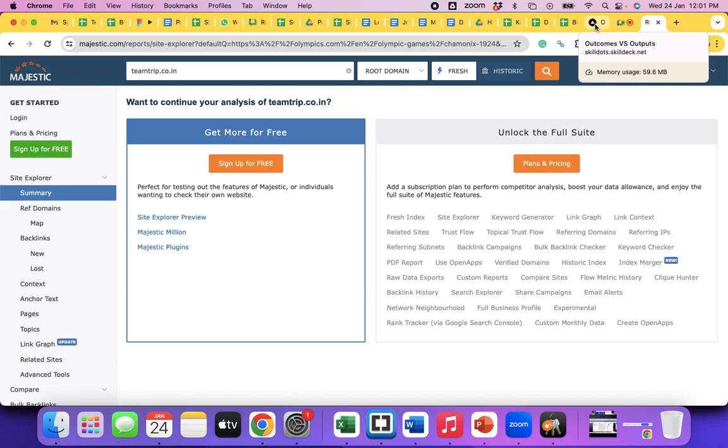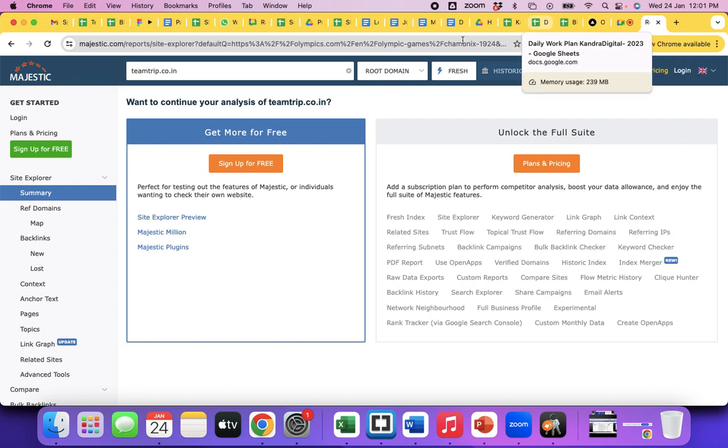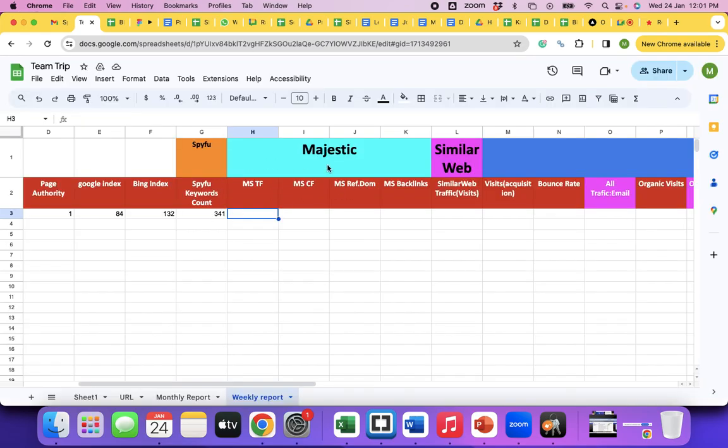There is no choice. But the better way, what I have shown you is proseo sometime back. The same tool, in case it's available over there, you can buy it at a lesser price or a cheaper price. So this is 4,000 here, and there it could be probably 200 rupees or 150 or lesser. And if your intention is to get only the backlinks count, or download the complete backlinks, you can use an alternate tool, Moz. Moz is an alternate tool for Majestic. But since ages we are using Majestic SEO and it's been a practice, and that's why the team has put Majestic here. Okay, we are measuring trust flow, citation flow, backlinks from Majestic.